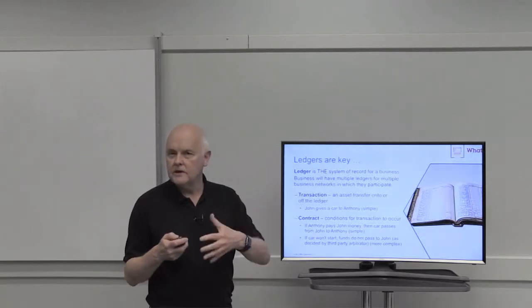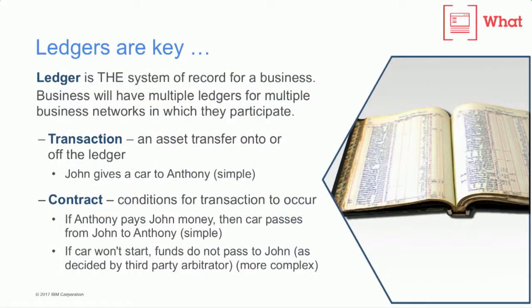Usually, the flow of the asset, the transfer of the asset, is governed by a contract. And we also observe that these contracts can be very simple, like I give my car to another party, or they could be governed by a slightly more complicated form of contract. But effectively, as I say, ledgers are the key to this. They record which assets flow into and out of an organization.